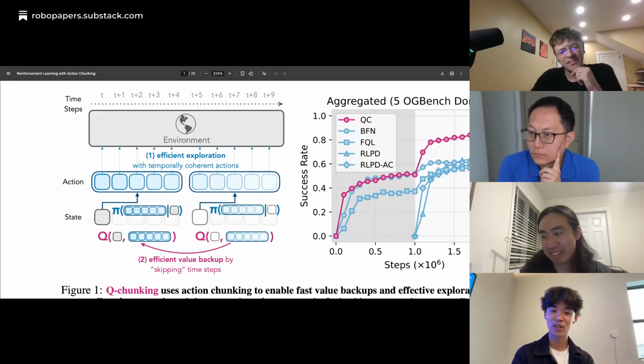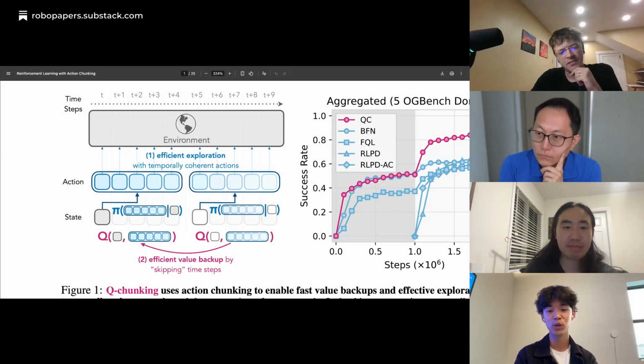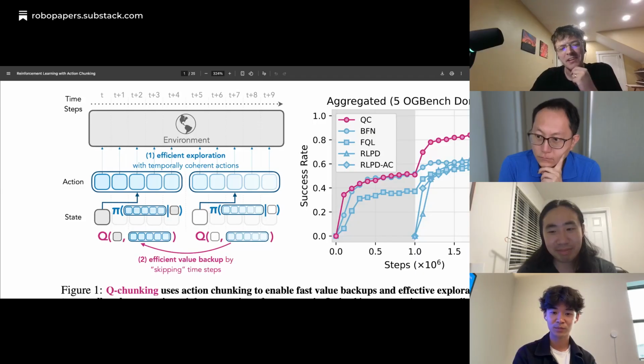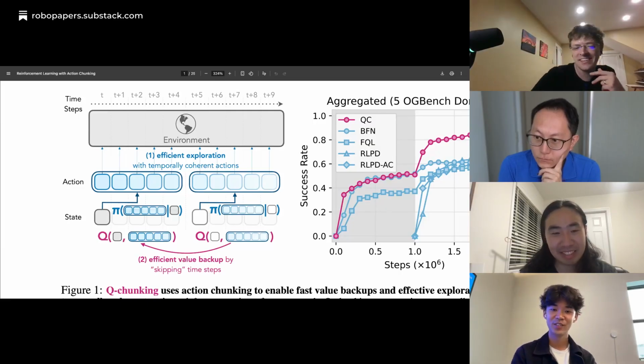And I think an interesting piece of research there is how do you deal with this high dimensional action space, or how can you map this high dimensional action space to a lower dimensional action space and learn on the lower dimensional compressed action space? Well, isn't that essentially what you're doing by sampling from this flow model, trying to learn on a lower dimensional action space? But I guess you think that needs further reduction?